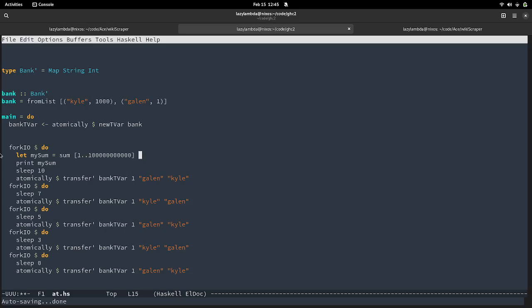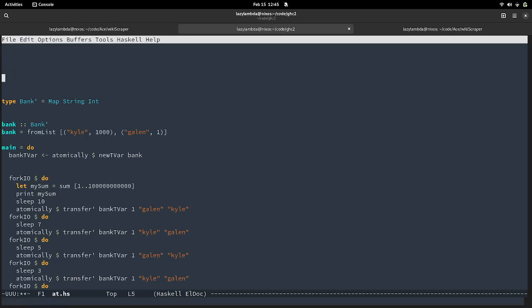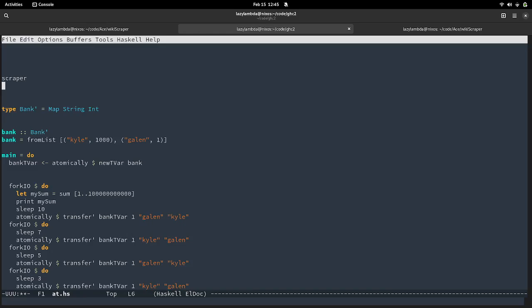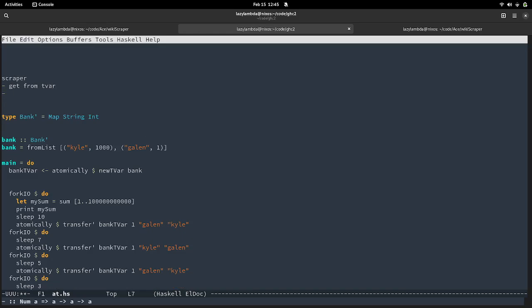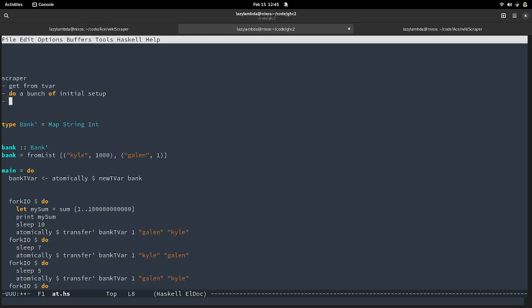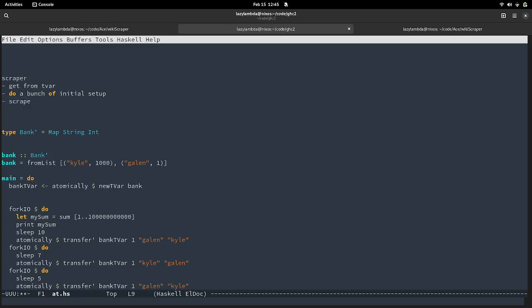Let's say my scraper needs to do three actions. It needs to get from the TVar, do a bunch of initial setup, and actually go scrape and then analyze results.